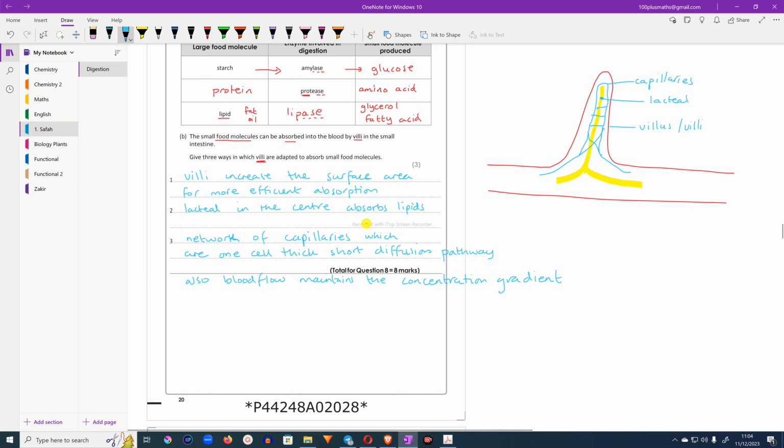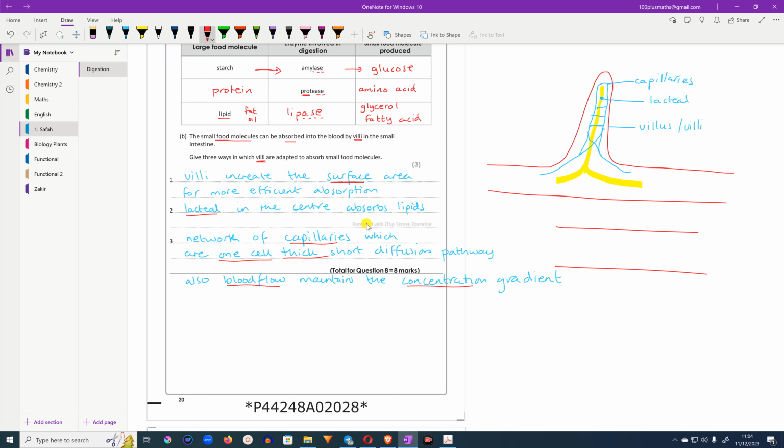So you've got a few things there. So you've got surface area, you've got lacteal, which absorbs the lipids, you've got a network of capillaries, which are one cell thick, short diffusion distance, and then you've got blood flow, which maintains the concentration gradient. Basically, all that means is, look,